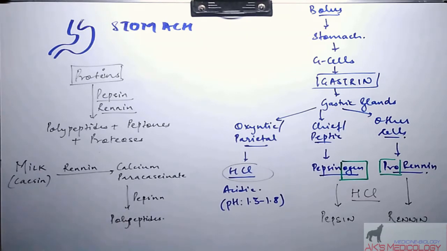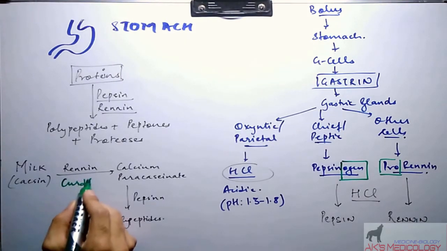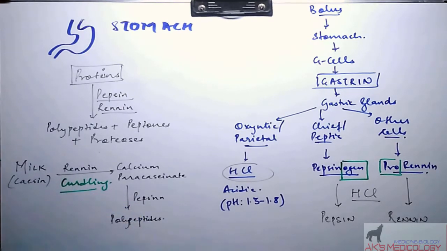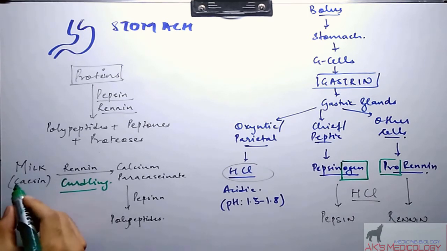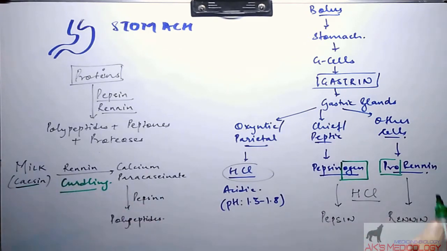Now, the action performed by renin on casein protein is known as curdling, as it curdles this protein. The action performed is known as curdling of milk. Now, this is important, as for us to utilize the protein of milk, that is casein, efficiently, renin is very important. But this renin, or rather prorenin enzyme, is released only in children. Therefore, milk is considered as an important ingredient in their diet.